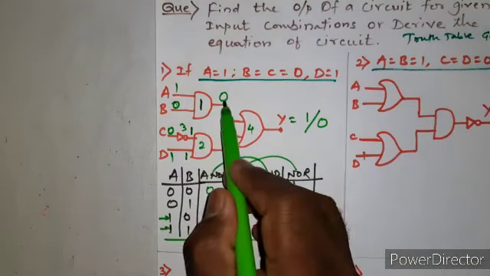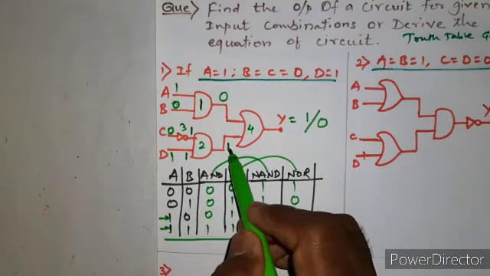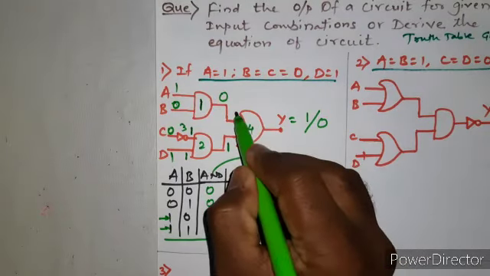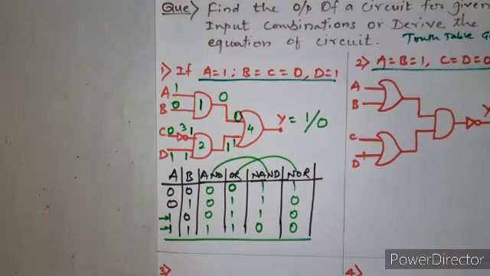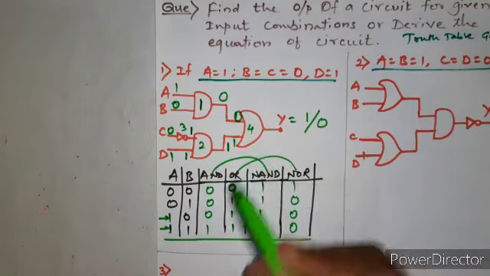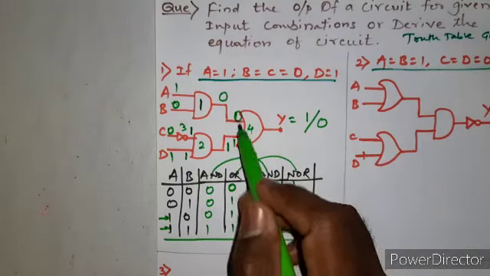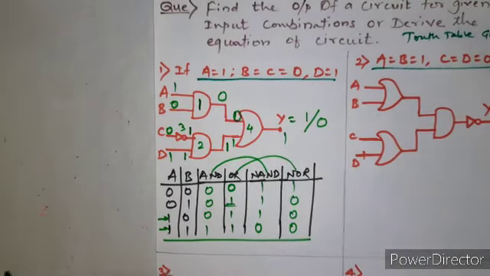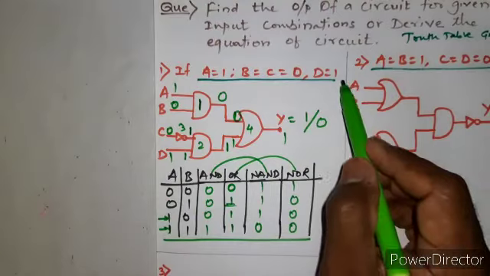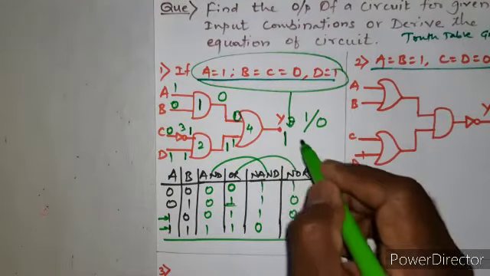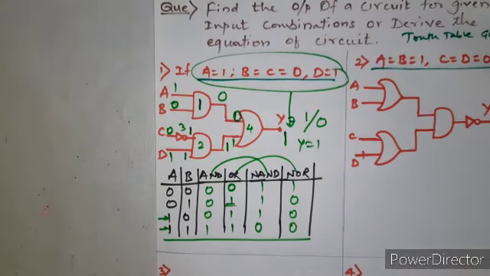So the output of gate 1 is 0, the output of gate 2 is 1, which is given as input for gate 4. So this is 0 and this is 1. Now this seems to be an OR gate. Just look at the input combination of 0 1 or 1 0, anything. So let us see. 0 1 output is 1. Okay, so considering this input, you will get y equal to 1.